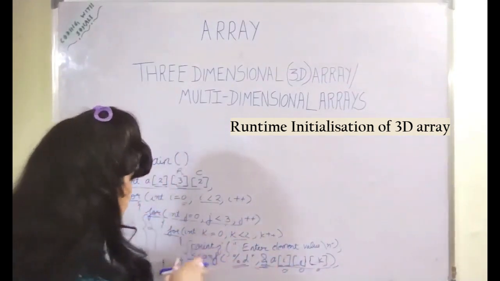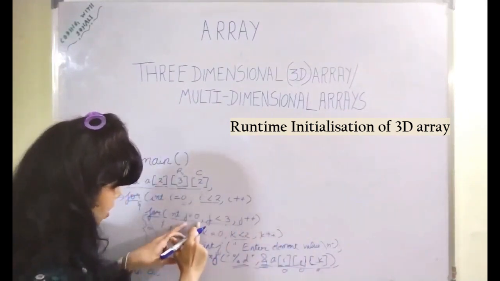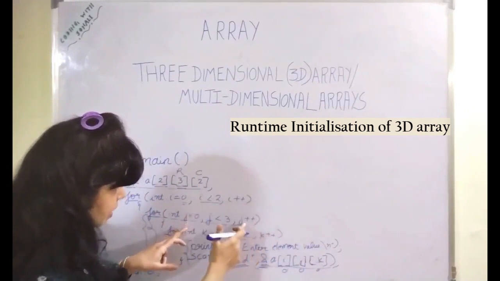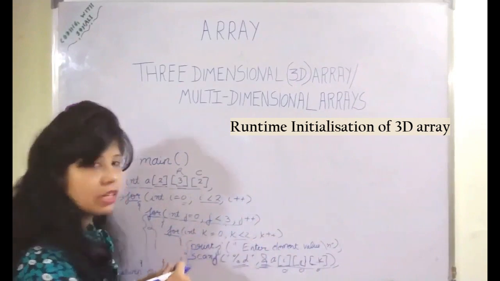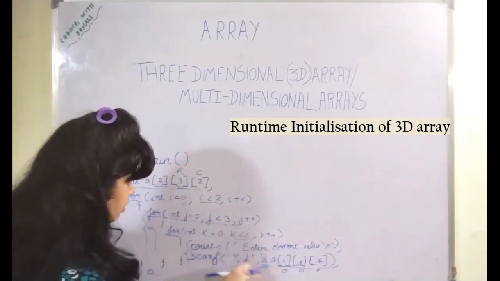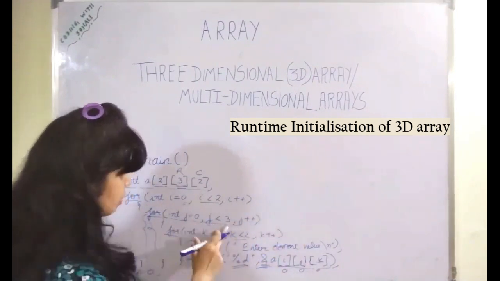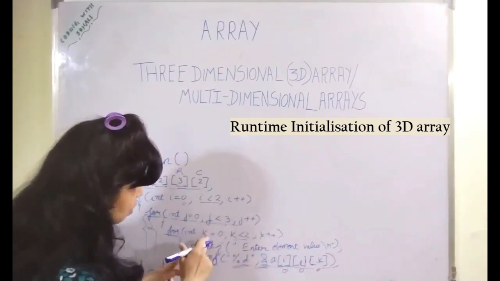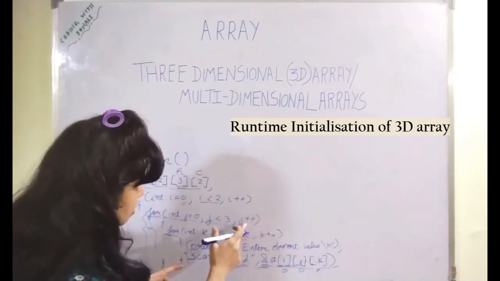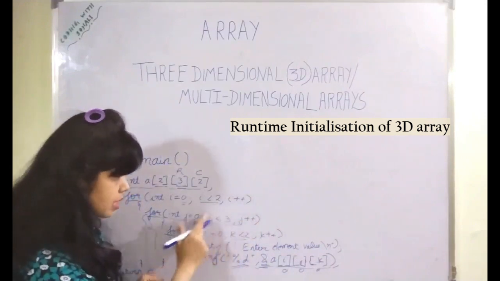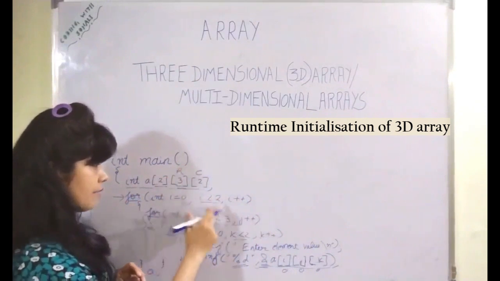address, and in this manner when this loop comes to an end, then j, which was 0, will be incremented by 1, and for j is equal to 1, again this loop will start from 0 to less than 2. Finally, when this loop is executed completely, j will get incremented and become 2. Again this for loop will start from k is equal to 0, k less than 2, 2 times it will iterate, and then when j gets incremented to 3, this condition is not satisfied and the control comes outside this for loop, and then i will become 2.